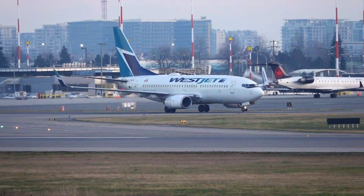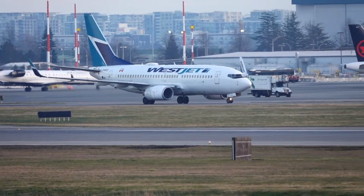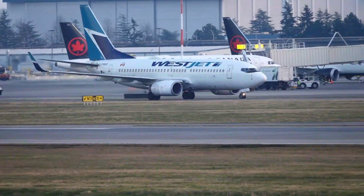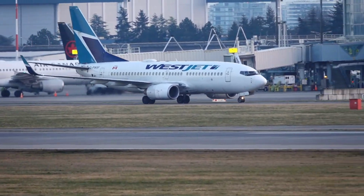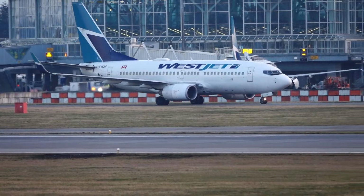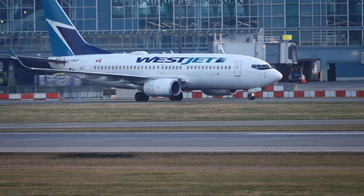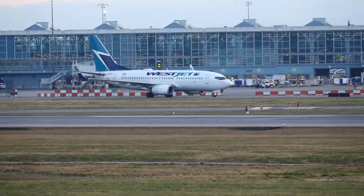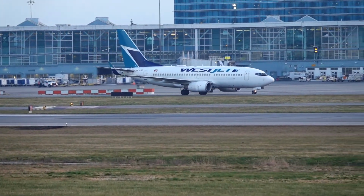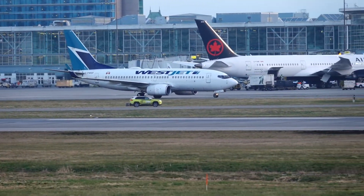Slowly the lights are going to come on here. Yeah, I just want it to get darker quicker so we can get some nice night views here. That's what I'm hoping for. Some twilight anyhow. Oh, look at this. They're